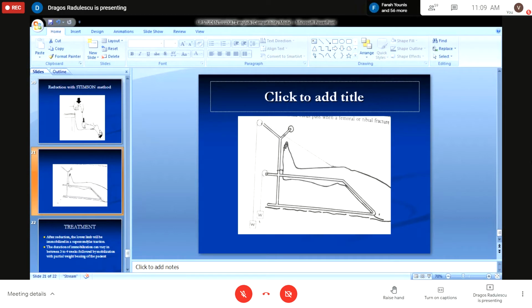Any type of dislocation represents an orthopedic emergency. It's one of the biggest emergencies we have in orthopedics. So you need to reduce the dislocation as soon as possible. And so we are at the ER room,